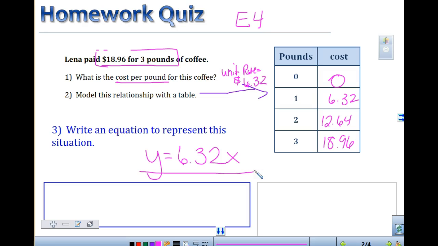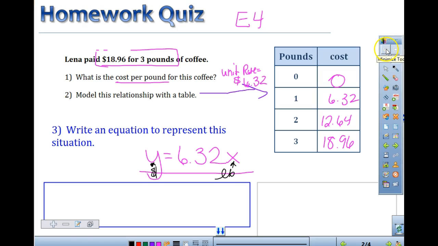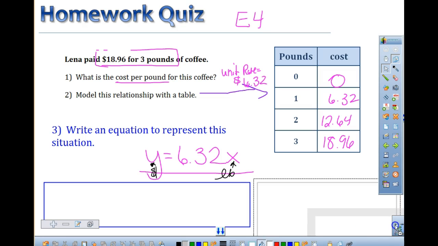You're gonna use y equals 6.32x. Yes, I agree that this is my dollars and this is the pounds back here. But when we write our equation, we're just gonna have y equals, okay? So the next thing I'm gonna ask you to do tomorrow on the quiz is I'm gonna then say, okay,